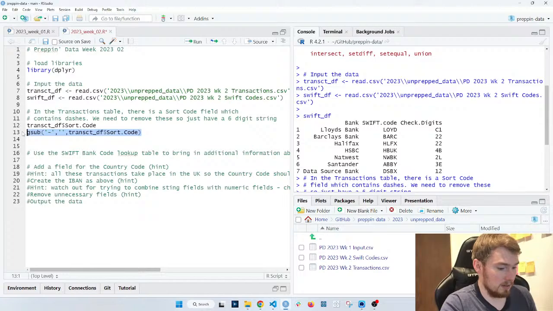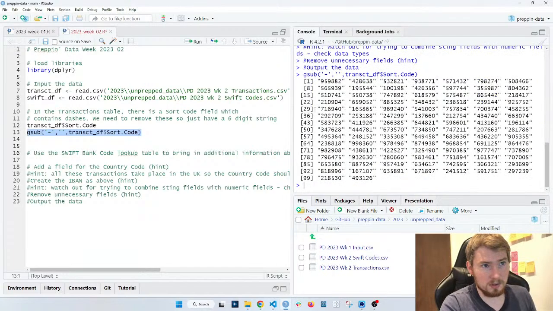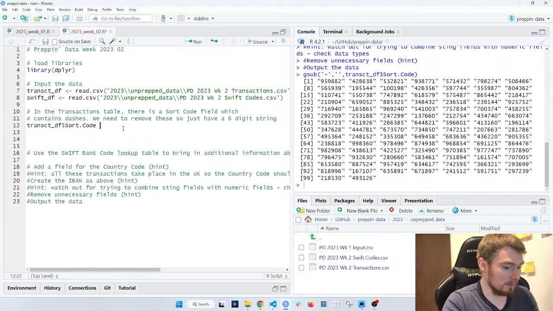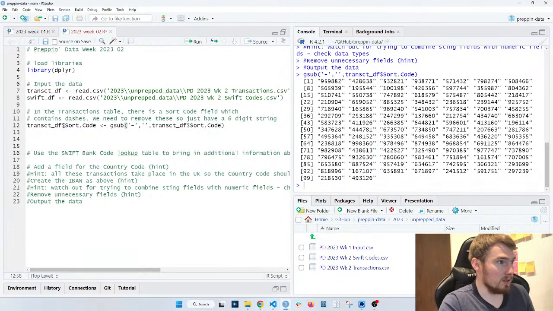We can test how that goes. That looks good to me, so that works. Okay, so we can take sort code and assign it this one.